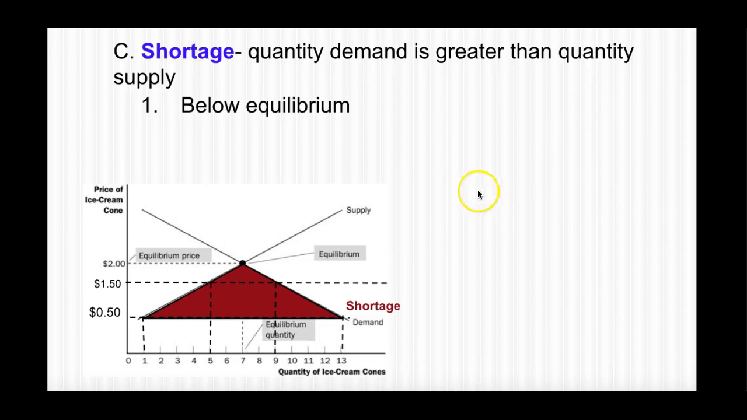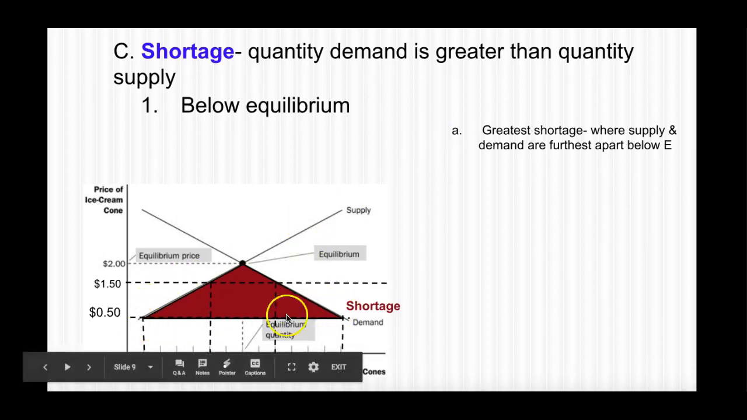Just like when we talked about surpluses, we can determine the greatest shortage. The greatest shortage is where supply and demand are the furthest apart and the furthest below equilibrium. Notice it's the widest part of my triangle down here, right? So at 50 cents, in my case, that's where my greatest shortage is, because supply and demand are the furthest